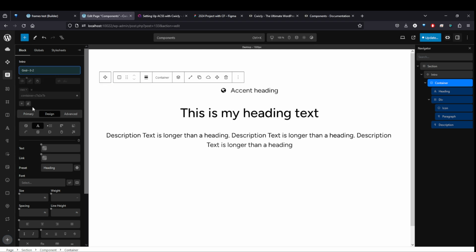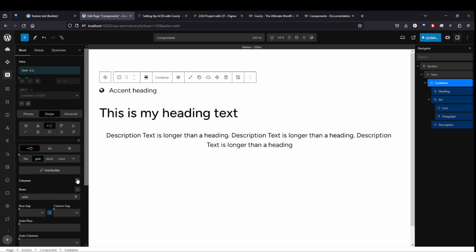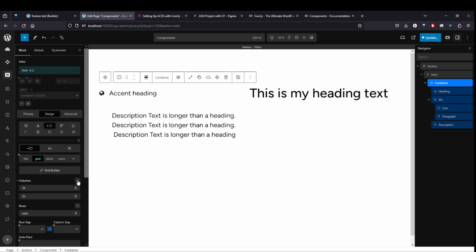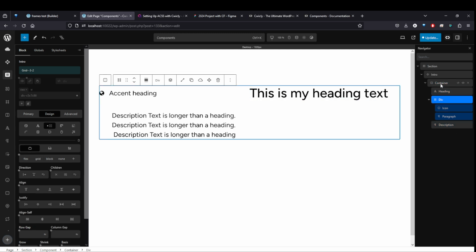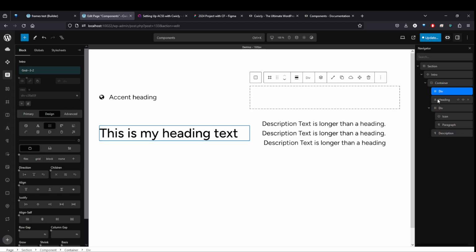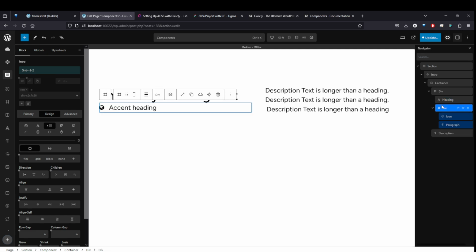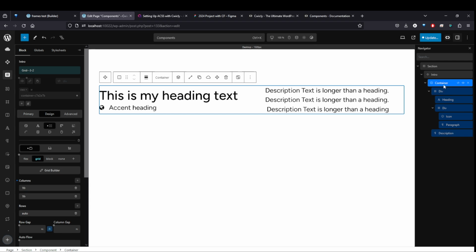Grid. So grid is pulling in the base styling, so now we can override it. So layout, let's do like grid, 2 columns, I guess. And oh, I think I need to wrap these in another div. So let me just put another div in here and put the heading in there, put that div in there. And that will look a little better there with my